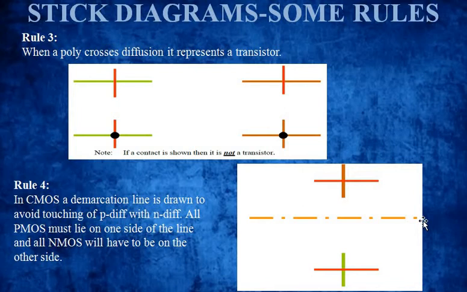So what is the fabrication process of CMOS? We have seen the twin tub process, N well process, and P well process. We are having some separate wells or twin tubs. We will be using 2 separate tubs for preparing your CMOS. Here also we require that, but as we are drawing, we have to separate this PMOS and NMOS. For that, we are drawing a line in between, to avoid touching of PMOS and NMOS transistors directly, and that particular line is called the demarcation line. Okay, so this line shows the difference, that all the P transistor devices or the PMOS devices will be on one side, and on the other side of that line will be the NMOS devices. Clear? So I hope you are clear with the rules.